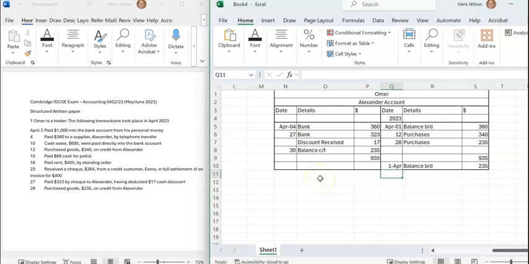Piece of cake, well done. The last question that you've got is advise Omar if he should choose to purchase from Alexander or from Tahir as well. The information that you've got is that Omar buys all his supply from Alexander, who does not allow Omar any trade discount. Omar is now considering also purchasing from Tahir, who would give him a 3% trade discount, but no cash discount. Notice that we did get a discount here, so that's quite nice. You've got to choose whether or not you're going to advise Omar whether he should just purchase off Alexander only,